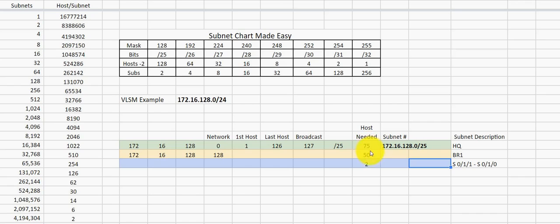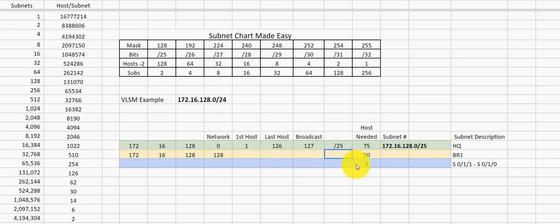But what we need to do now is subnet that down because I still have to have 2 more subnets. And so I've got to subnet this second one down, and I only need 50 in this one. So if I look at my range here, I can subnet this down to 1 more. I can subnet it into this range right here because this is going to give me 62 hosts. It's a 64 range, but it's going to give me 62 usable hosts because you subtract your network and your broadcast ID. And so we're just going to go ahead and write this out.